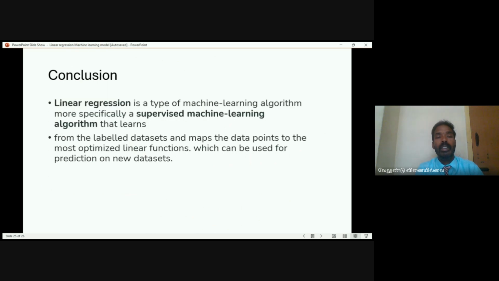And the conclusion is, yes, linear regression is a type of machine learning algorithm, and it's specifically a supervised machine learning algorithm. Mostly a supervised learning algorithm calculates the predicted value from labeled data sets and provides an optimized linear function, so that whatever our prediction is, it exactly matches the test data. So it can be useful wherever, for example, weather forecasting, salary and selling price calculation, everything we can do by linear regression.